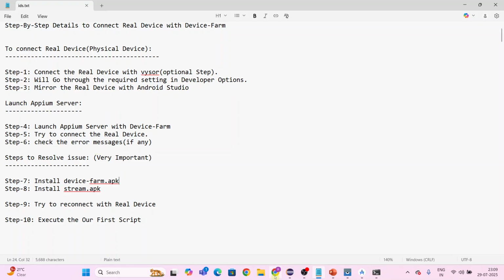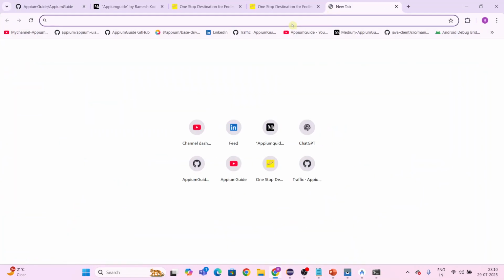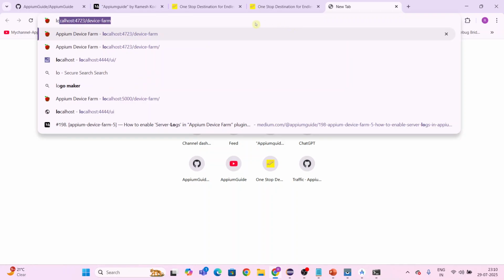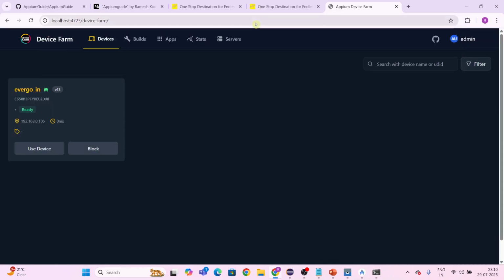Okay, open the browser and just type localhost:4723 device farm. You can see here that device farm automatically identified our real device. Now, if I click on use device,